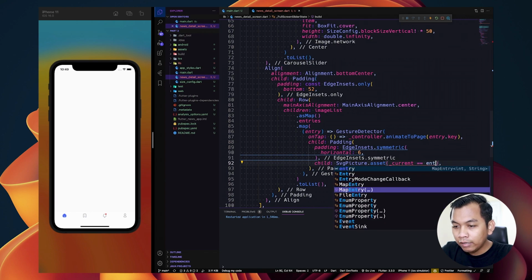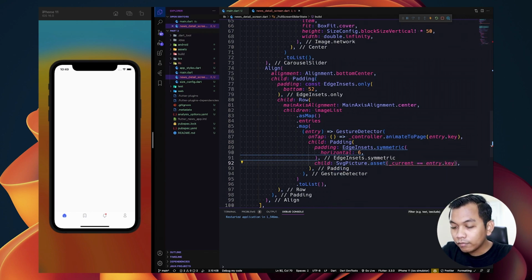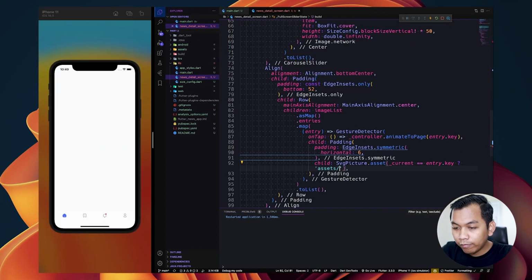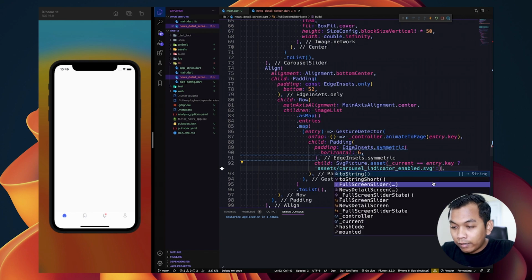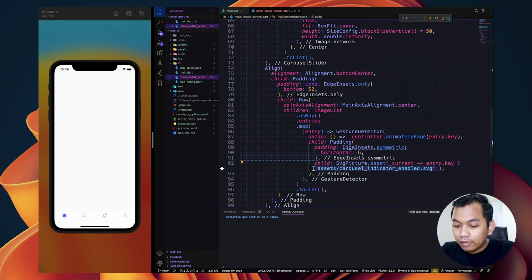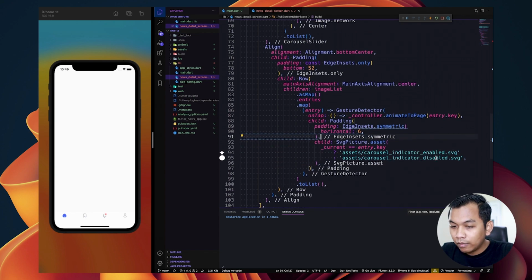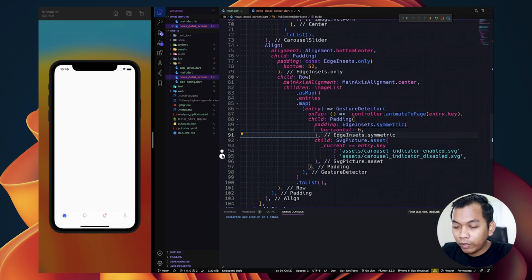When current equals entry.key, we will return this indicator, so we will have assets carousel indicator enabled dot svg, and when the current does not equal entry.key, we will have disabled, as simple as this. So as we can see here, we have a little preview here.